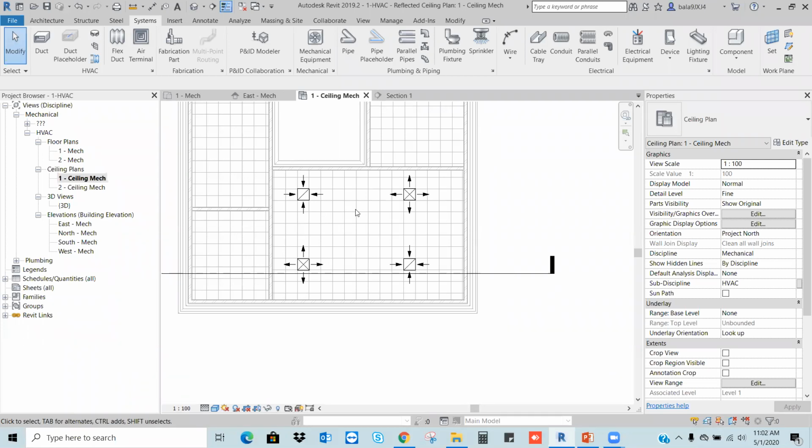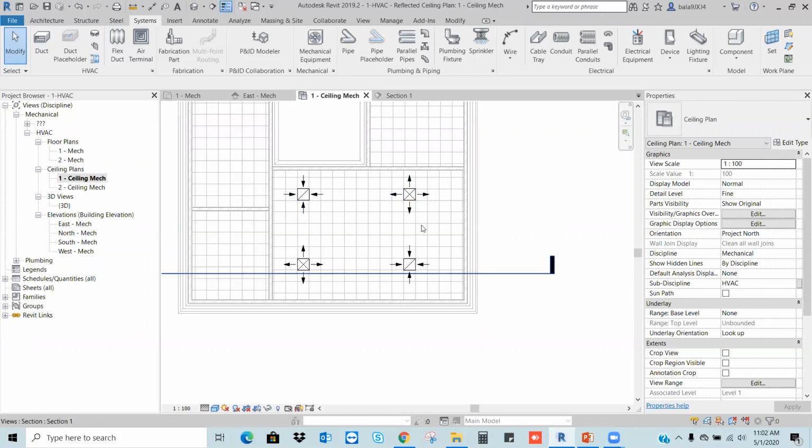Liters per second is the unit for airflow in metric. In Imperial, we use CFM, cubic feet per minute. Now my template is metric, so I'm going to use liters per second.